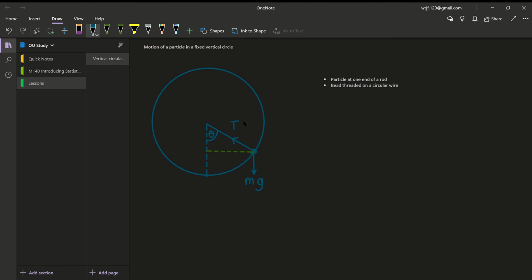Having looked at an introduction to vertical circular motion, and then having had a look as well at the general method for finding the change in height during circular motion, so that's two previous videos to this one. Now it's time to start having a look at a few things in a little bit more detail, and this